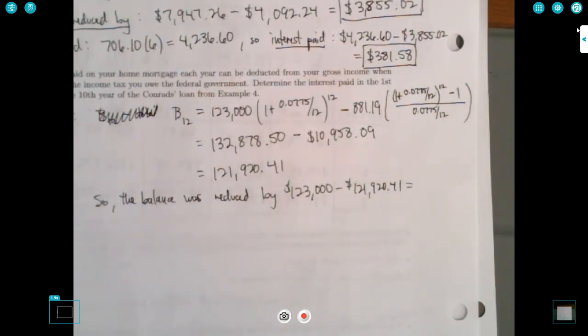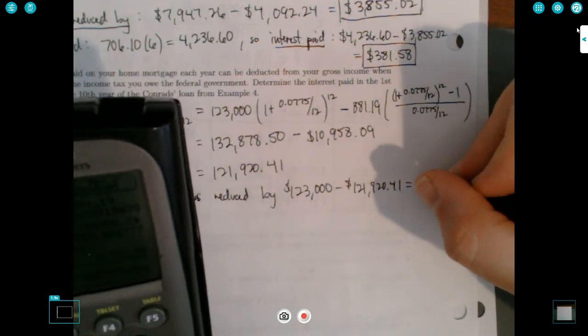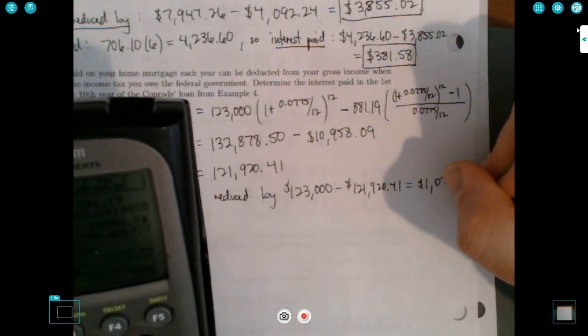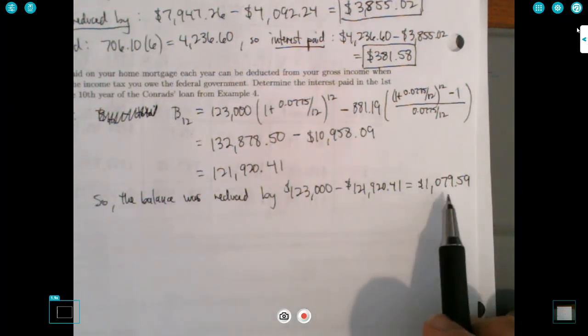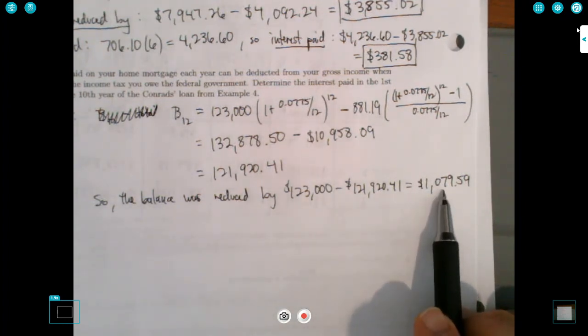So 123,000 minus $121,920.41 is $1,079.59. Okay, so that's how much their balance was reduced,